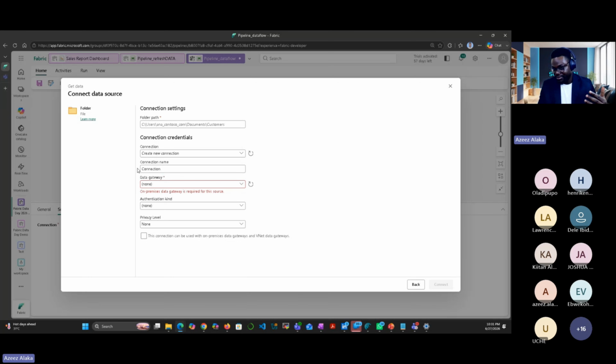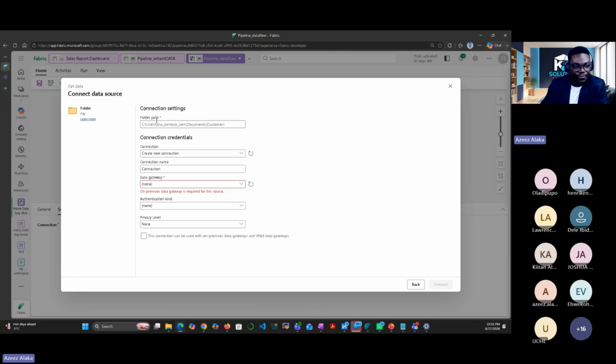This is where gateway comes in. The gateway will come in the middle to connect your on-prem data with your cloud solution. At the end of this project, we are going to see how it's going to be updated. We are going to add data to the data source, and the dashboard is going to be automatically changed.